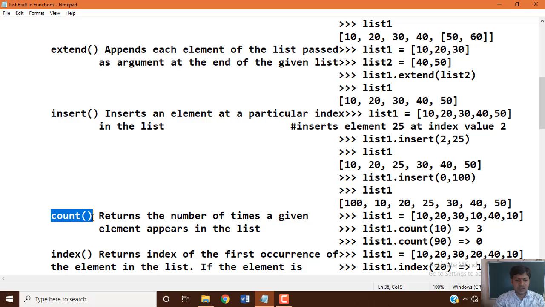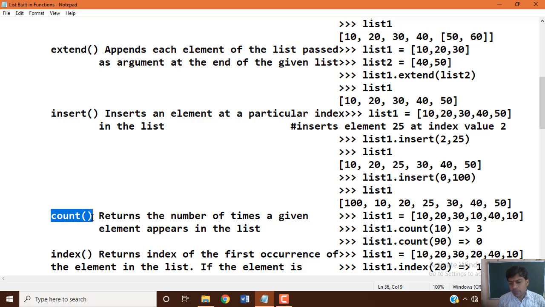What exactly does this count function do? It returns the number of times a given element appears in the list.